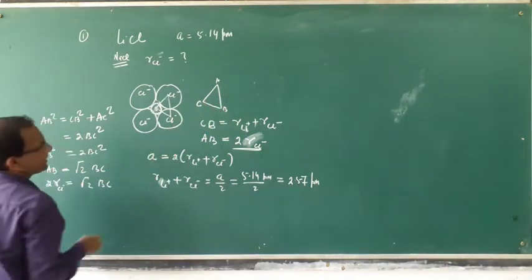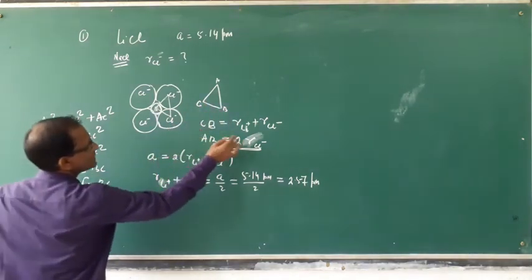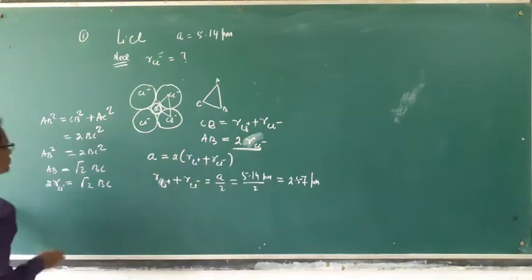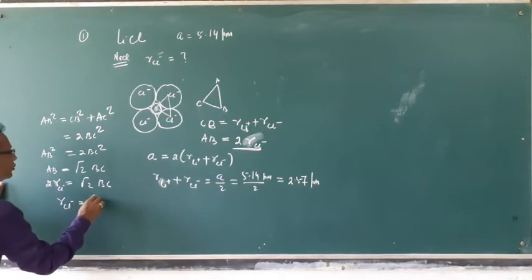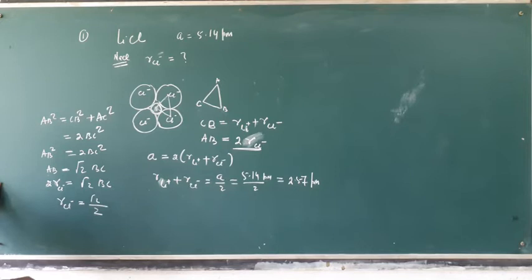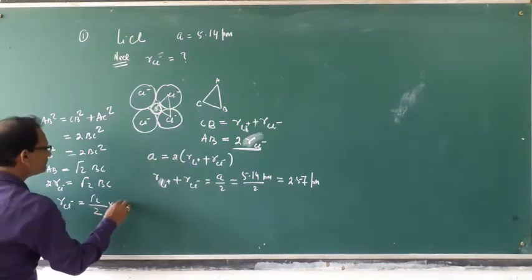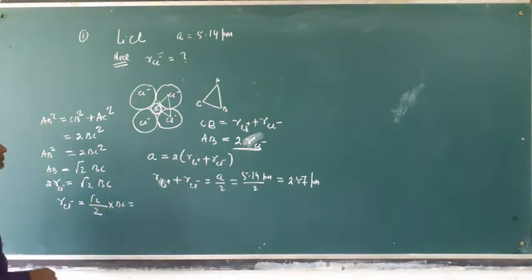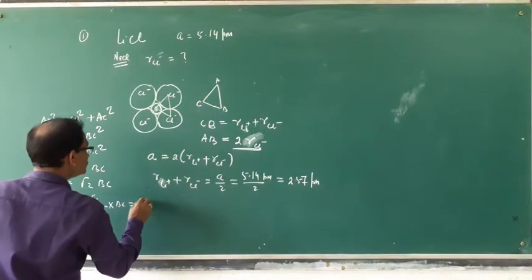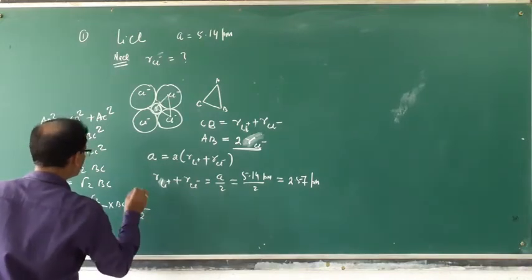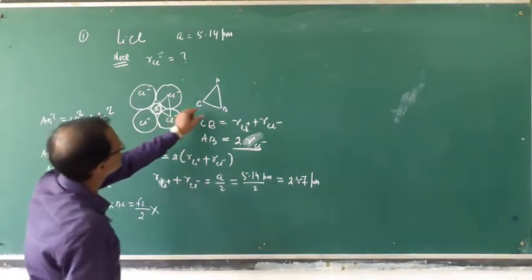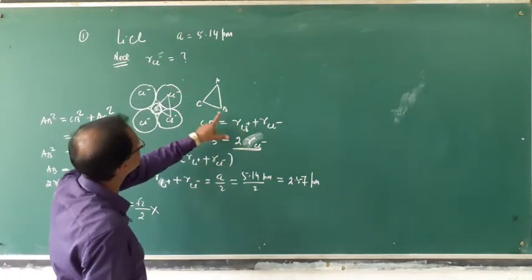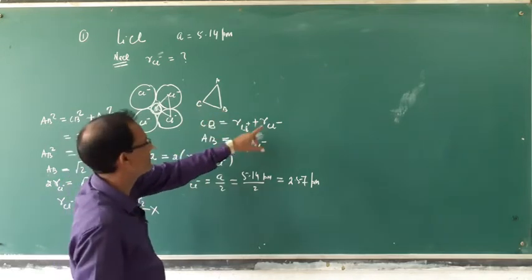In terms of A. BC in terms of A is A by 2. So you put this. So R Cl minus is equal to root 2 by 2 into BC,